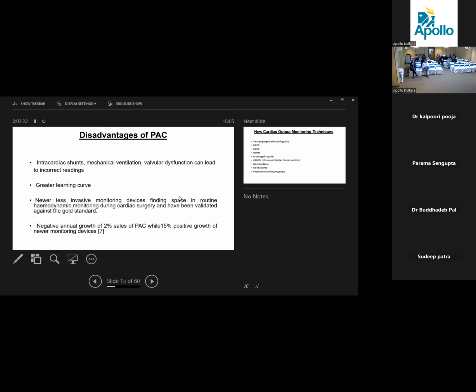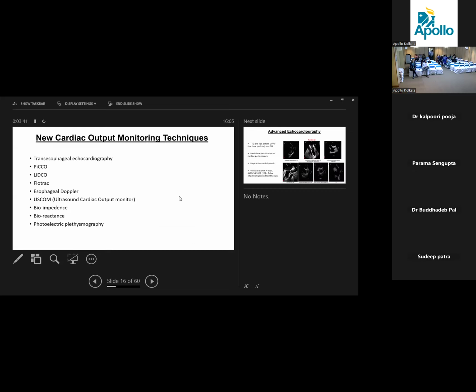Intracardiac shunts, mechanical ventilation, and valvular dysfunction can lead to incorrect readings. There is a greater learning curve for introducing the PA catheter and reading the data. There are new, less invasive monitoring devices available which can benefit the patient. The new monitors are available with transesophageal echocardiography, ECHO, LIDCO, FlowTrack, esophageal Doppler, ultrasound cardiac output monitor, bioimpedance, bioreactance, and